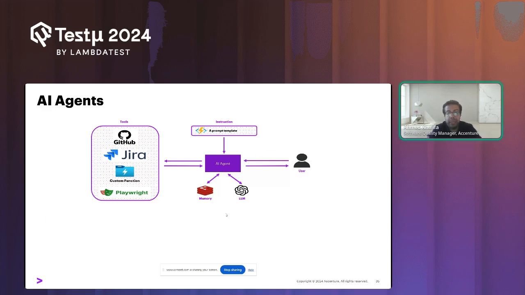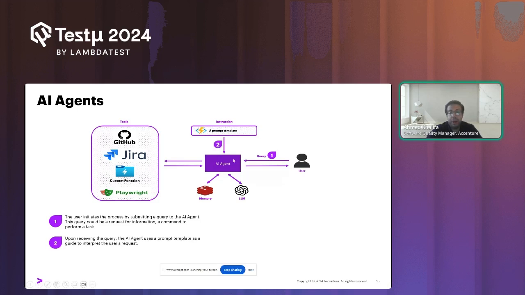So if you have, for example, any query, you could ask, and then with a simple prompt template, for example, you could say, I would like to execute a test case, an automation test. And then for this agent, you identify a prompt here to say to the agent, you are an automation tester. And the main idea of the agent is that the agent has these tools in hand, and it's able to identify the task.